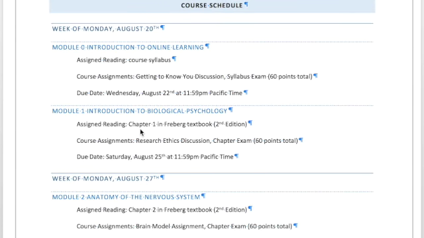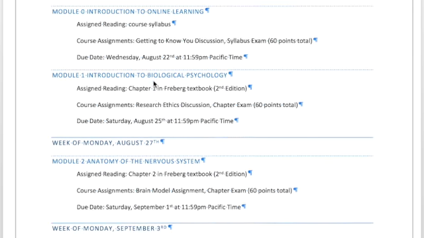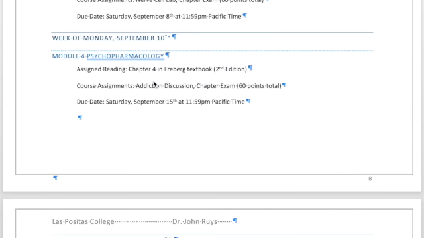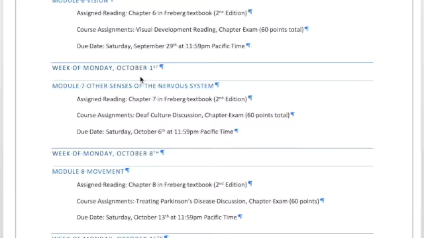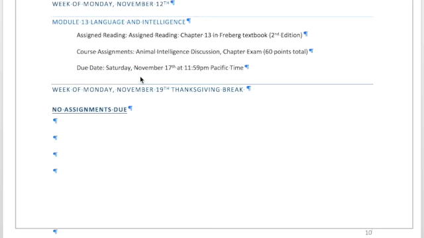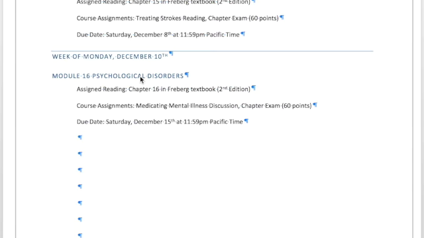Again, most assignments are due on Thursdays or Saturdays, except for this first module 0 where the assignments are due this Wednesday. Okay, so you can kind of set your schedule. You know when things are due, and this has the reading assignments. It has what kinds of assignments are going to happen in the course that week, and it's got other important due dates. So make sure you take a look at that. If you have any questions,